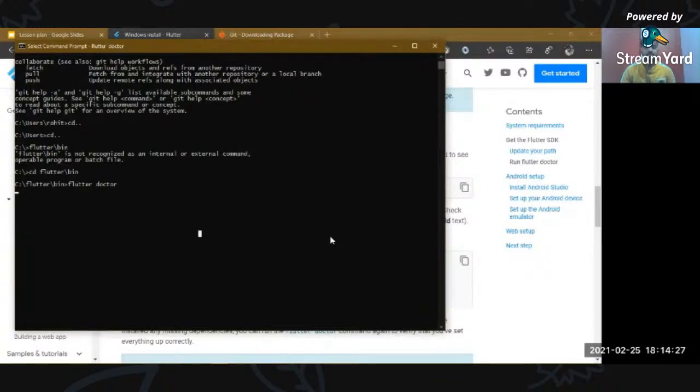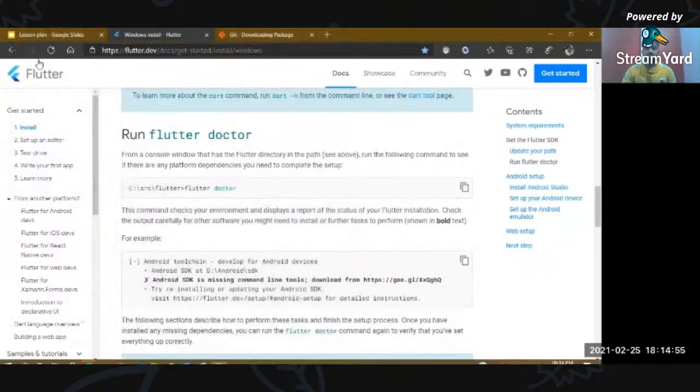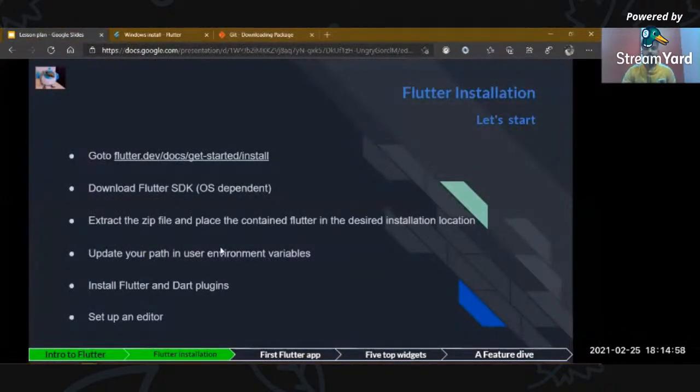It's quite surprising. Okay, so leave it here. We will move forward to the next step. Let it complete, and then I'll show you what it shows. The report basically shows whether all the plugins, dependencies, and the Android SDK are ready to start with the Flutter application. So don't mind it here. Let's move to the next step.